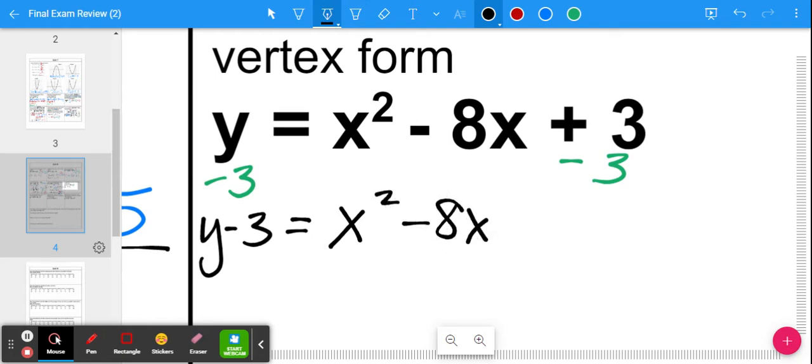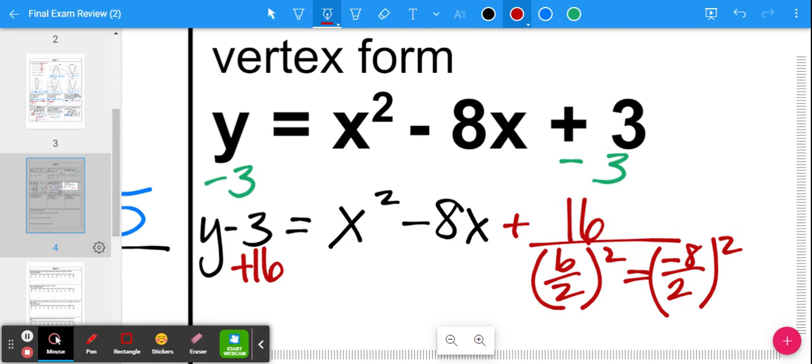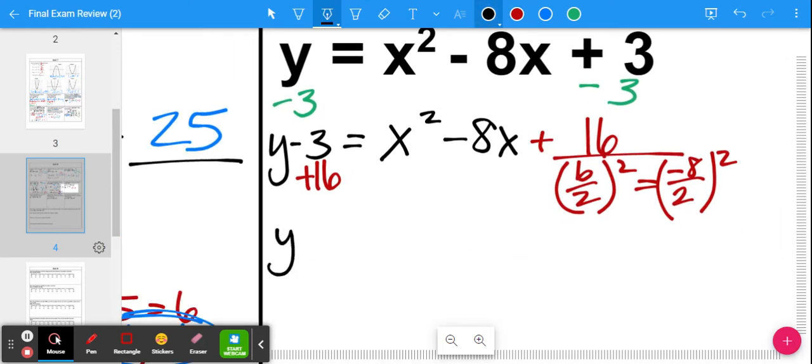Now we know we're going to add something to both sides. Remember, we're going to add that b over 2 squared. So negative 8 over 2 is negative 4. Squared is 16. So I'm going to add 16 to both sides of the equation. So now I'm left with y plus 13, because negative 3 plus 16 is 13, equals x squared, I'm going to go ahead and break it